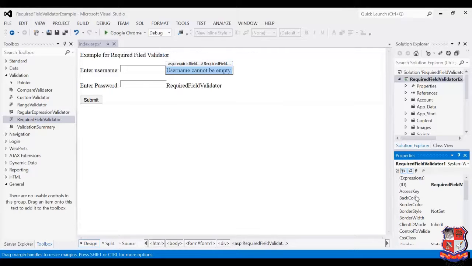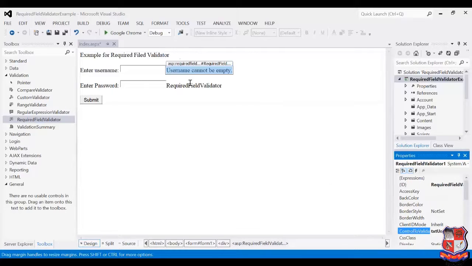The first property is ControlToValidate. Inside that property we have to give the id of the particular text box on which we are going to implement this required field validator control. This one is for username, so we select txtUserName, the id of the username text box.